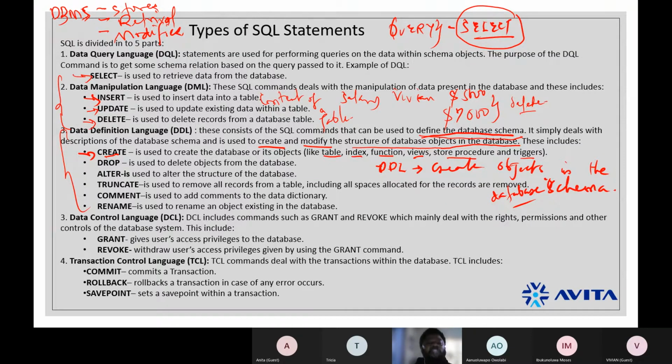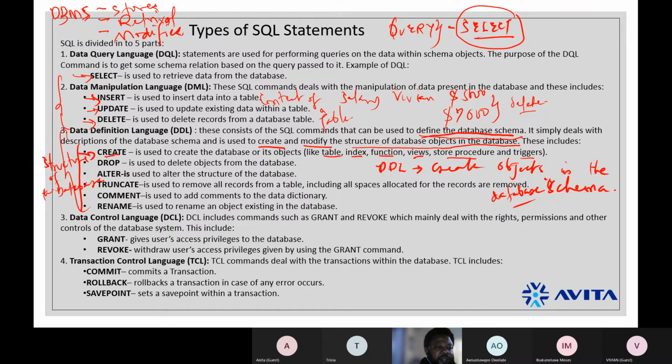Then drop, when you are done with an object on the database. You say, I'm no longer interested in using this object, so you drop it. Remember that in DDL statements, what we are affecting is the structure of the database.